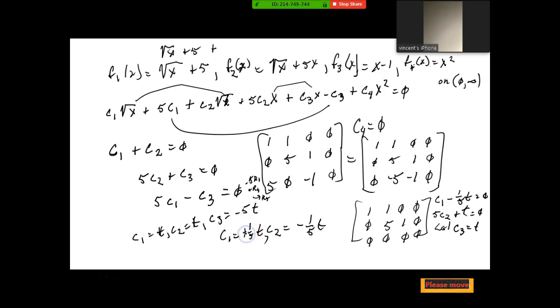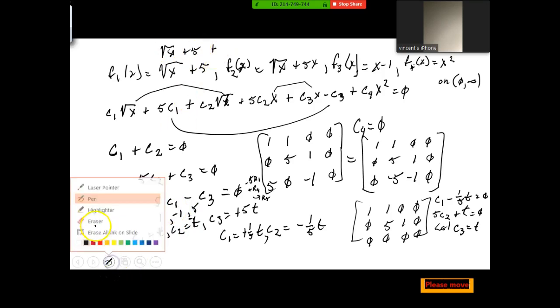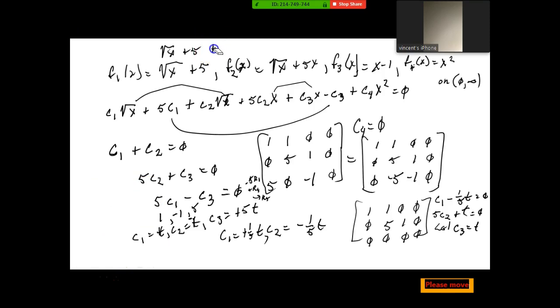C1 is plus. Okay. So I'm going to change again. Make this a minus and make that a plus. Okay. So I'm just going to use 1 minus 1, 5. That's going to be the one I'm going to do. So this will be the 1. This will then be a minus 1. That's going to be a minus